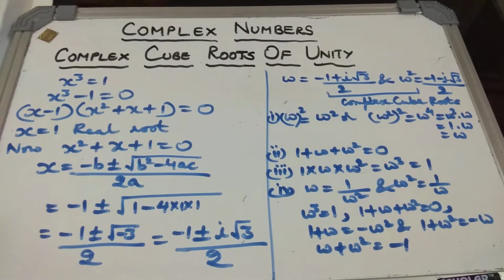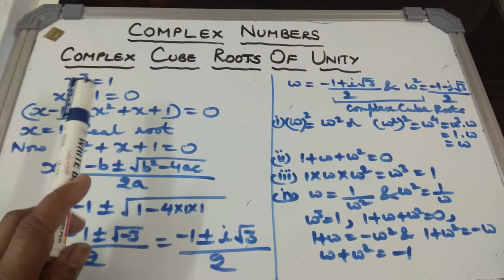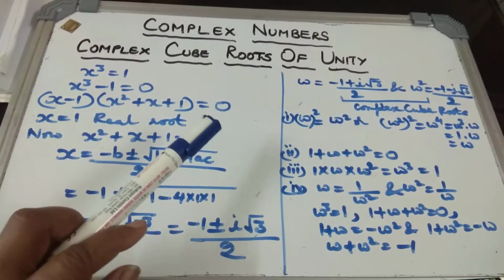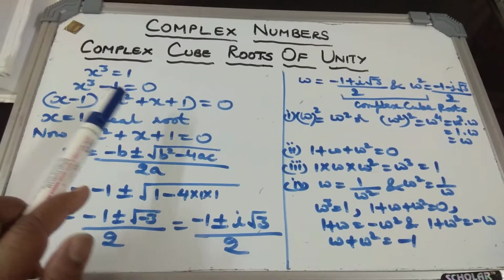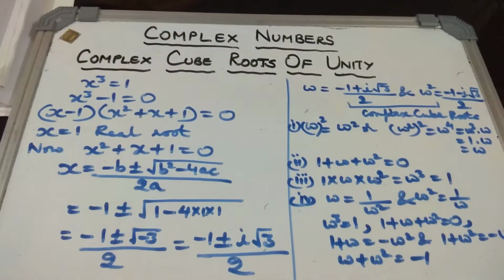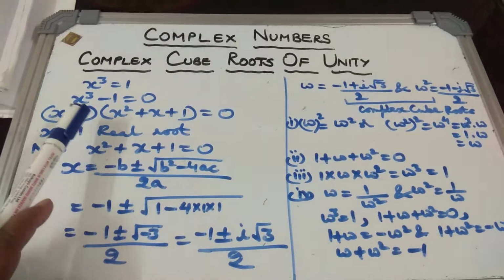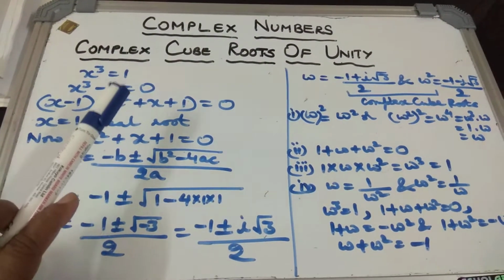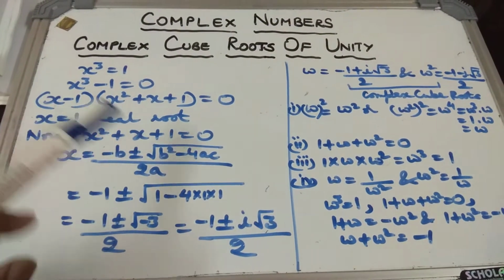Now when you are going to take the complex cube roots of unity, the equation will be x cube equals to 1, that is x is equals to 1 to the power 1 by 3. Now here if x cube is equals to 1, then 1 could be transferred to this side and the equation is x cube minus 1 equals to 0. And you know from remainder theorem that x minus 1 becomes one of the factors, because if you put x equals to 1, 1 minus 1 becomes 0. Hence for this cubic equation x minus 1 is one of the factors.